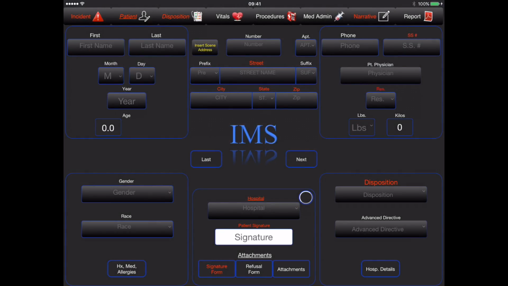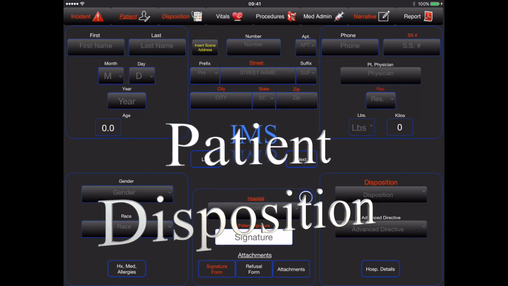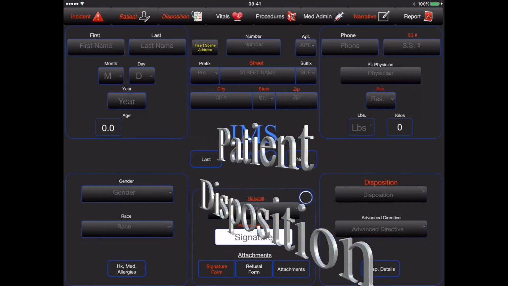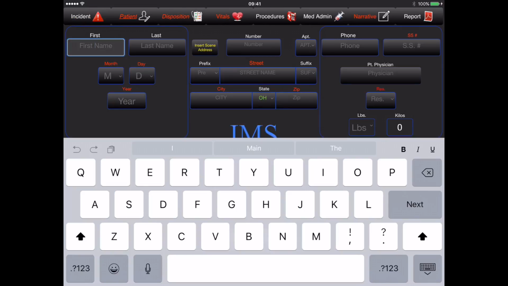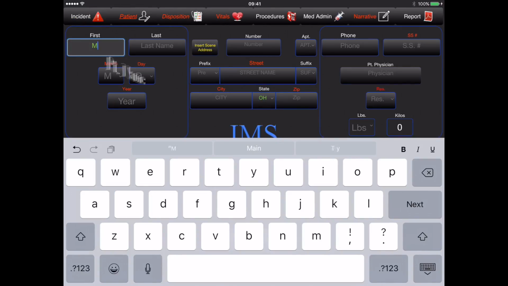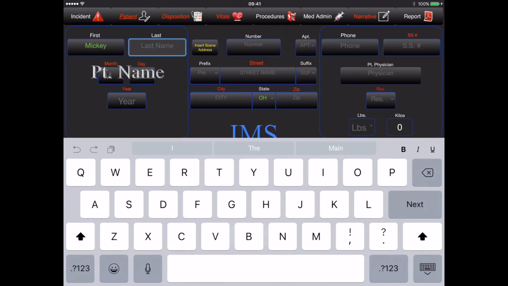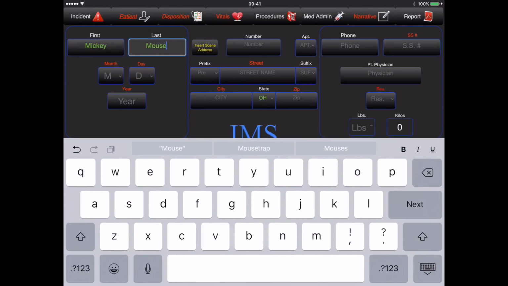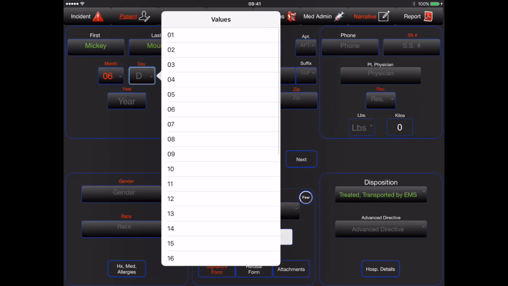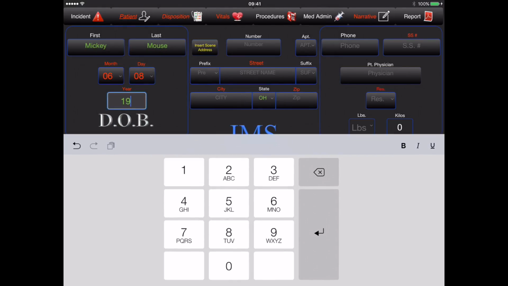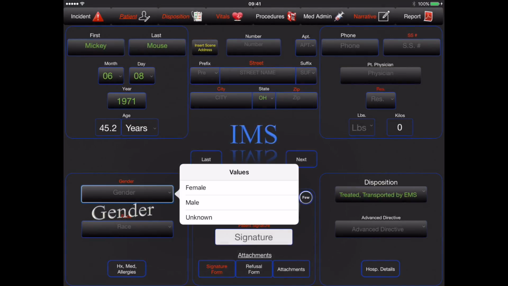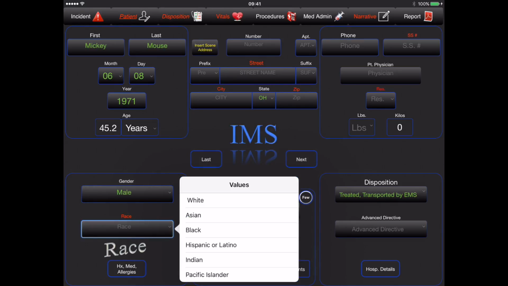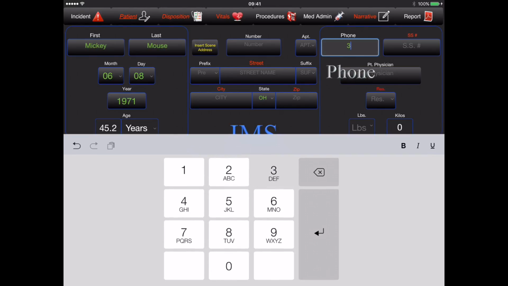In this video, we'll take a quick look at the Patient and Disposition tabs. As we drop into the Patient tab, we'll be able to populate the patient demographic information: first name, last name, birth date, month, date, and year, the gender, race, phone number,